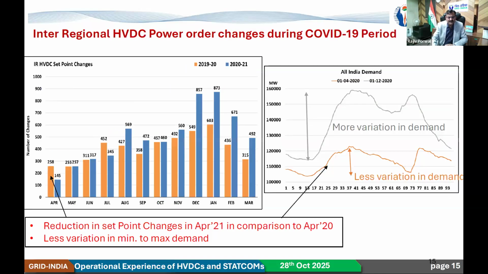And as you see, interregional SPC power order changes during the COVID period were significantly lower, while nowadays they have changed significantly because a lot of change is required. This comparison was only for April 20 to April 21, but if we see nowadays, much higher changes would be taking place.